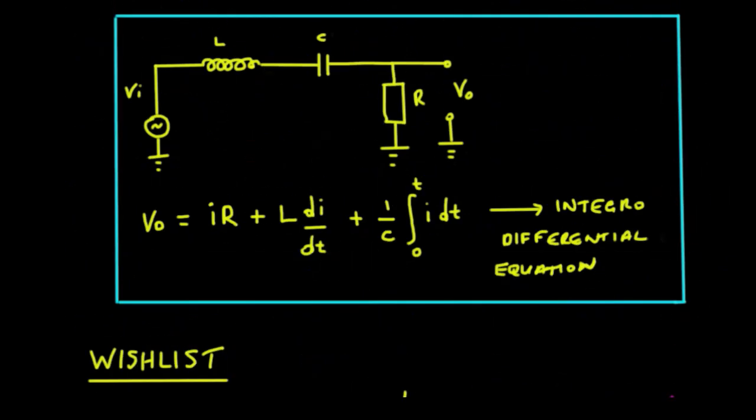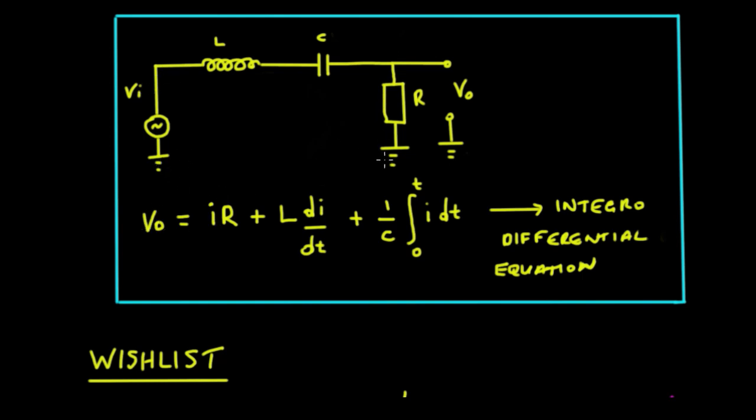Okay, so let's have a wee look at a typical example. So here's a wee simple example. We've only got an L, a C and an R, and we've got an input voltage V in, output voltage V out, and we're interested in this V out here. Okay, so in order to get that V out,